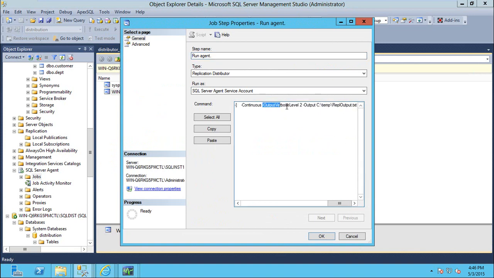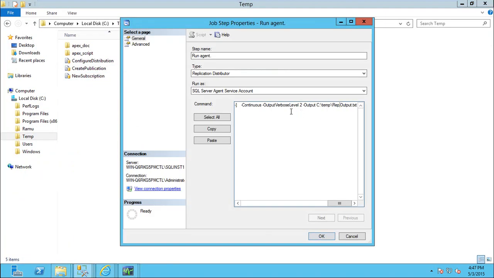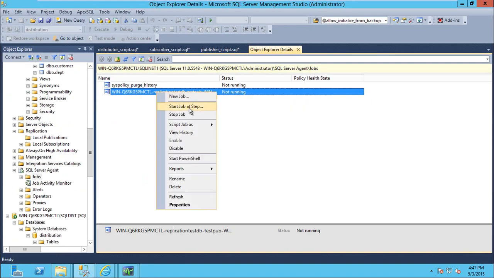What I'm saying is print the verbose. Whenever a distribution agent is running, I wanted to print what it is doing. If it is running a command, for example, it replicates a command, it runs a statement on the target server, whatever it is doing, print the debug output of the distribution agent job, and it is going to print in this file. Okay, C temp, yeah, in this folder it is going to create the debug file. Now I'm adding two parameters to the distribution agent job, and if I run the distribution agent job now